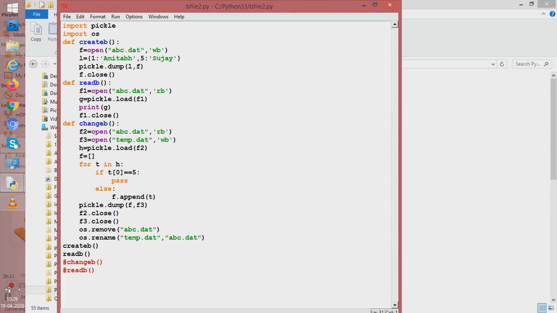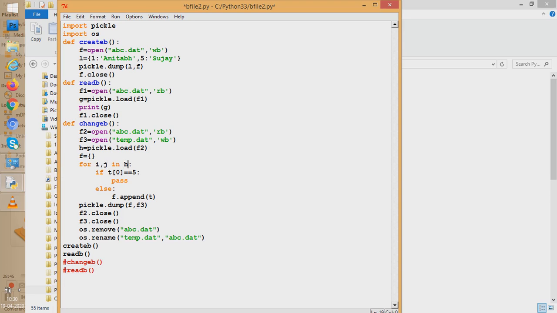So let us go and see. Now this time, because lists are not there, dictionaries are there, so we would create a dictionary here. When we create a dictionary, instead of writing for T in H, we will go for the dictionary. We will write, say, for I, J in H dot items.